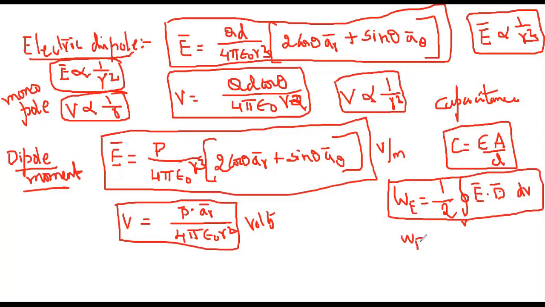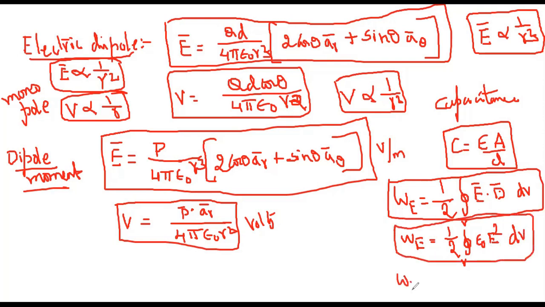So WE is equal to 1 by 2 into the volume integral here, E bar. E bar, you can represent it as D bar as epsilon naught by A bar. So epsilon naught into E square. Epsilon naught into E square into dV, in terms of only E, and the same energy stored,